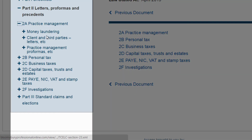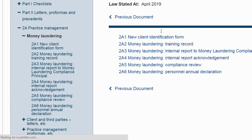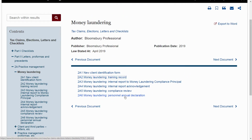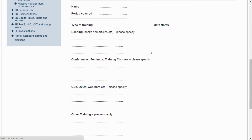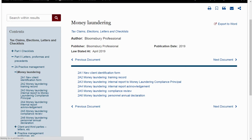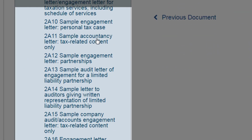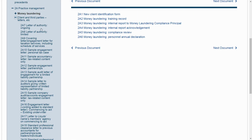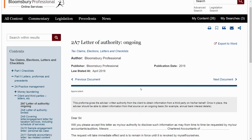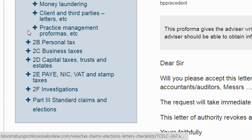So here we've got the money laundering section, and we can see over here a list of the kind of form that's included. Let's take a look at the training record, for example. Nice ready-to-use form there. Under that we've got a huge number of third-party and client letters. So here's an ongoing letter of authority, for example, ready to use. And finally,